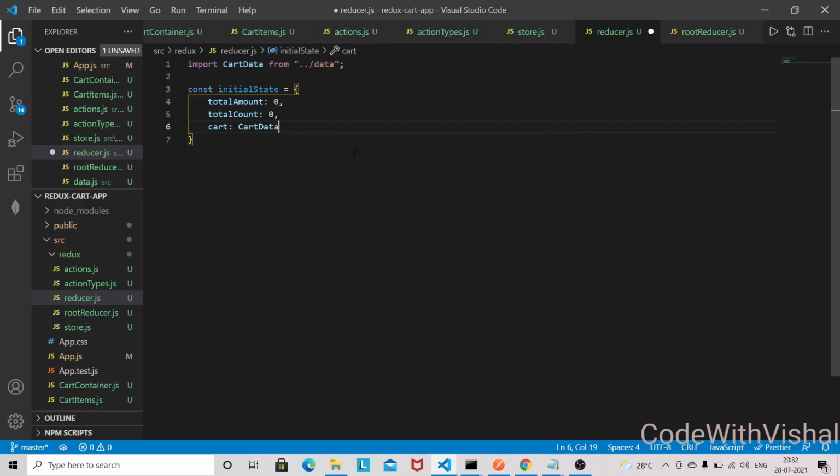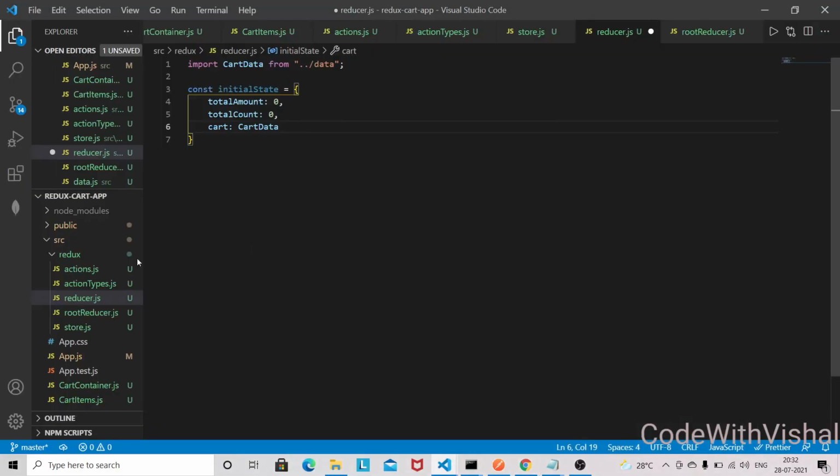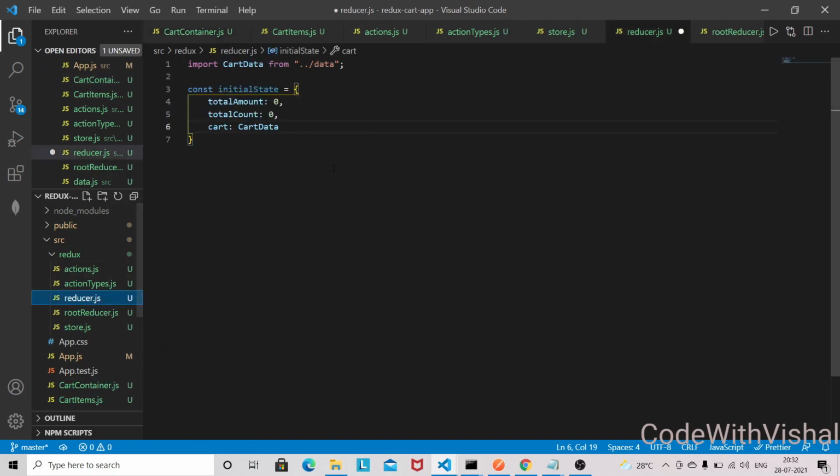So this item will be basically reading from the store from now onwards. So all these items are now going to read from the store, and here we have used this way, so we won't use this way now once we set up the reducer in our application. So we have the cart data, and I think that's it.